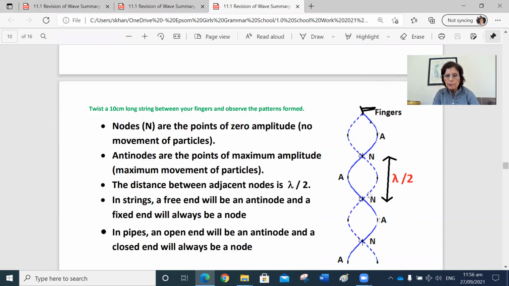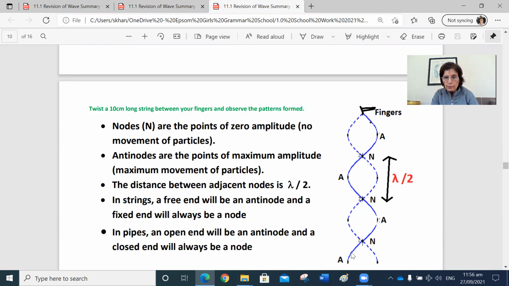So for example, if you have a piece of string in your fingers and you just spin it, the pattern may look like this one. These points which don't move at all are called nodes. And the points which move with the maximum displacement are called antinodes,